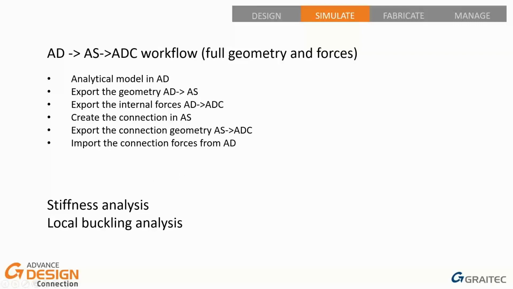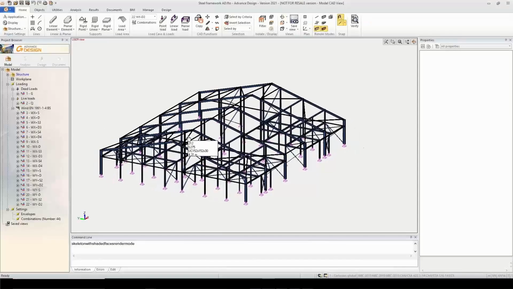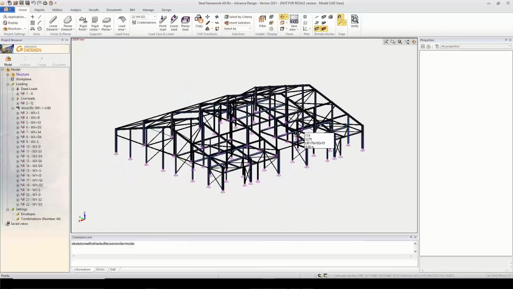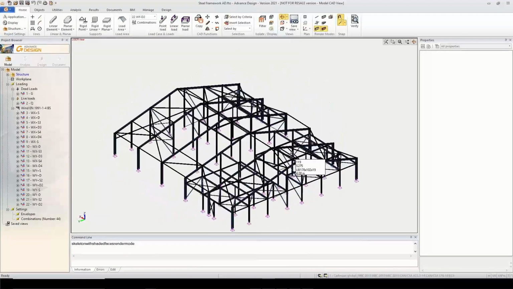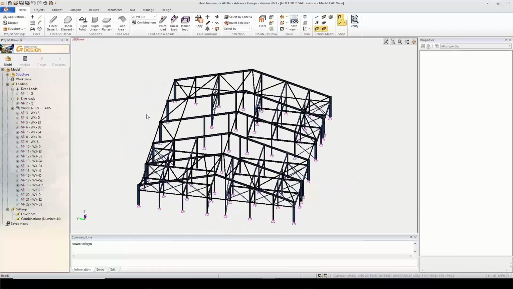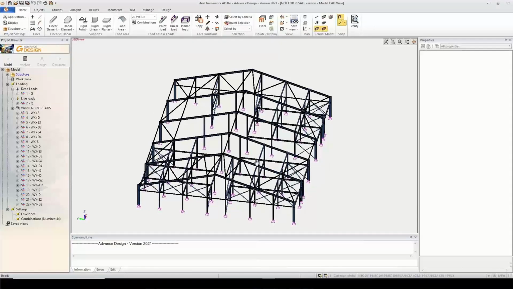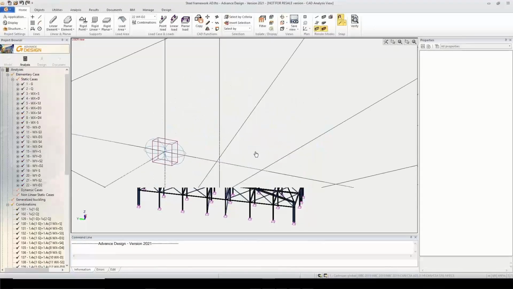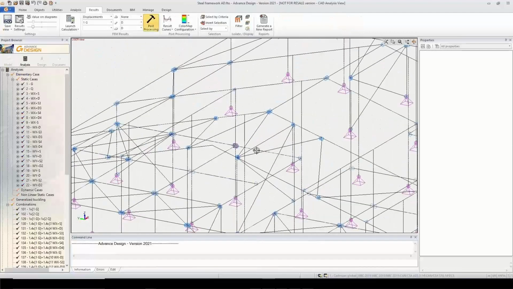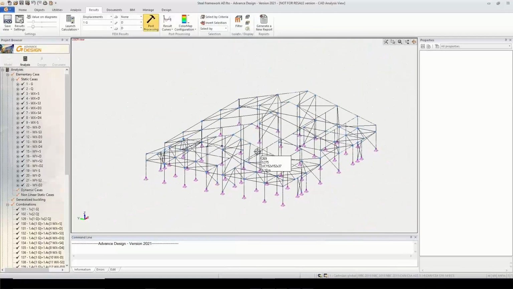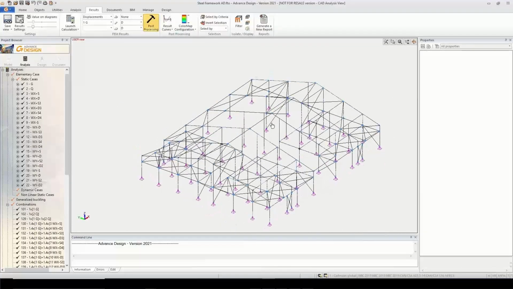Okay, I have opened the model in Advanced Design software. We have all of the internal forces already calculated. I will just open the results. Click OK. Okay, as you see, I have the results here. What we are going to do is, firstly, I need to export my forces to Advanced Design Connection. So what we can do here is